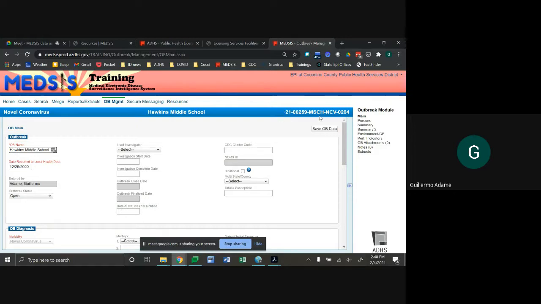Just to let you know what the numbers all mean, 21 is for 2021, the second string of numbers is just the sequential order that the outbreak was created in. This middle one here is just the code for the type of setting. So we selected middle school, the morbidity, novel coronavirus, and lastly, we created this outbreak entry on February 4th, so 0204.